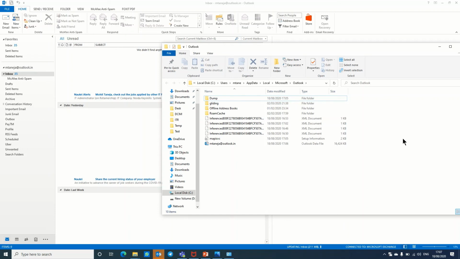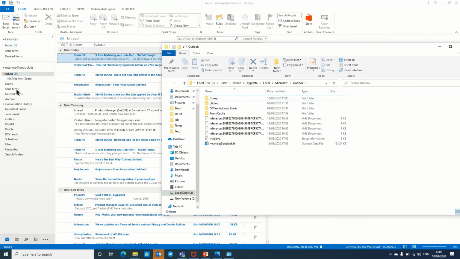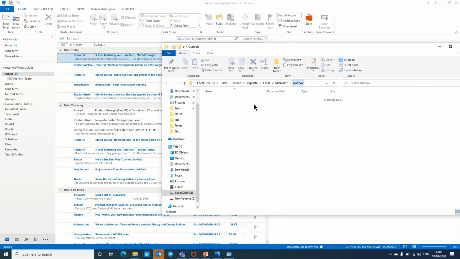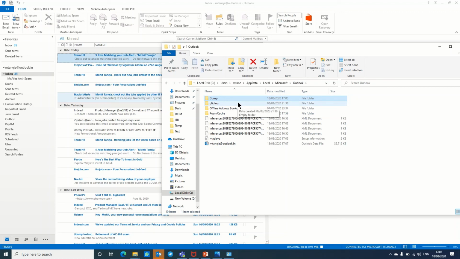Here you can see 211 MB in the inbox, and others in sent items, junk emails, the Paytm folder, so lots of things. That's an easy way to restore emails again if the OST file is corrupted. If you are not able to move the file to the Dump folder, just wait for some time. Maybe some OST file or Outlook service is running in the background.